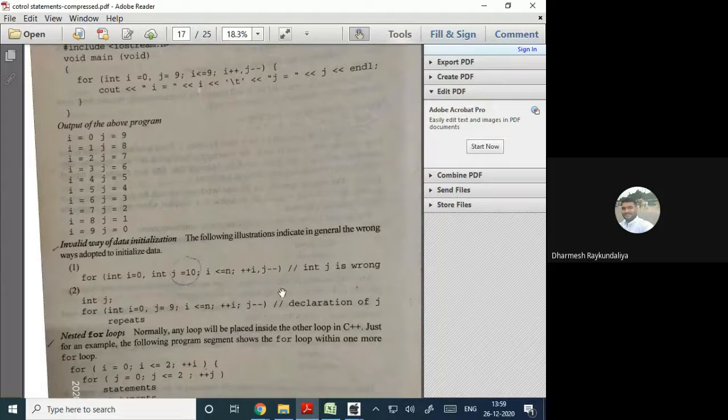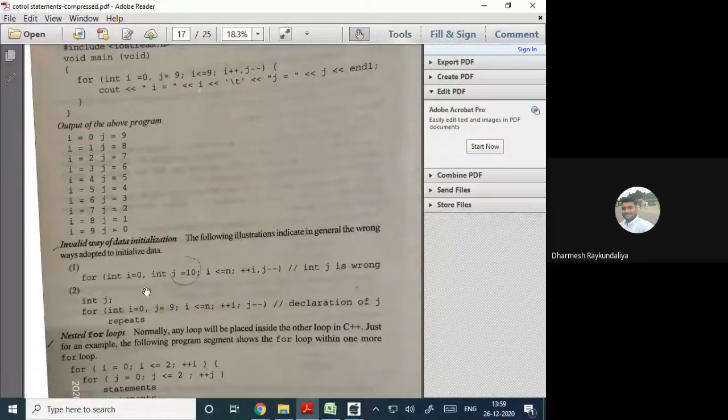Why? Because you cannot give integer two times in the same loop, because the comma operator itself is suggesting that i and j both are of integer type. So you have to write integer i equal to 0, comma j equal to 10; semicolon i less than or equal to n; i plus plus, j minus minus. Okay, that is the correct version.